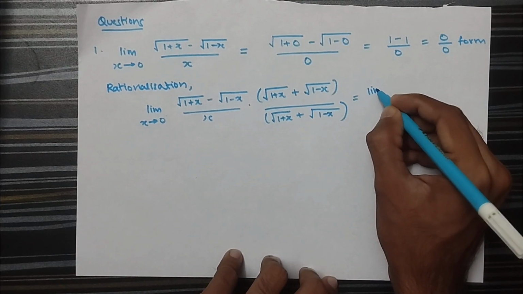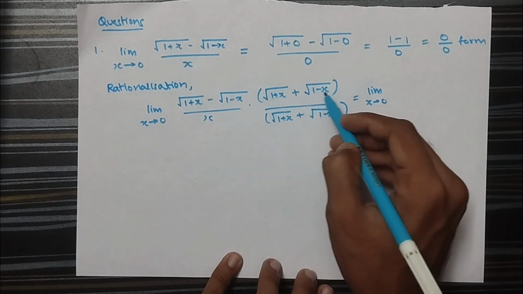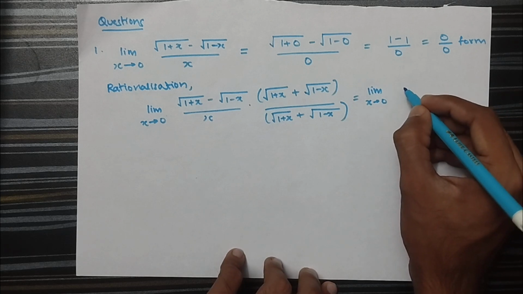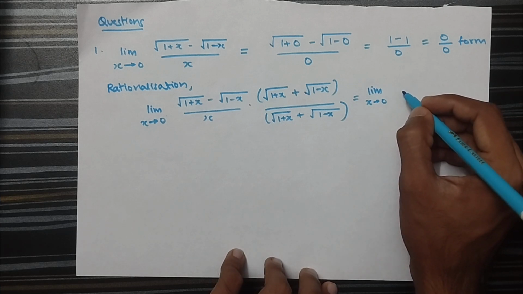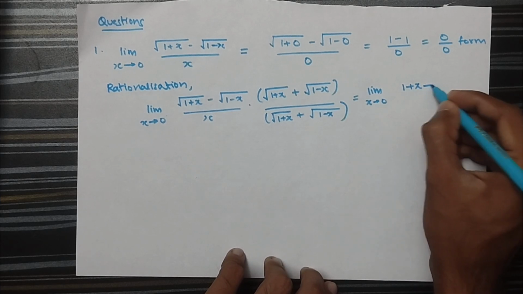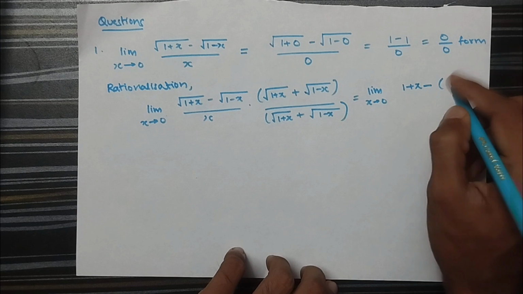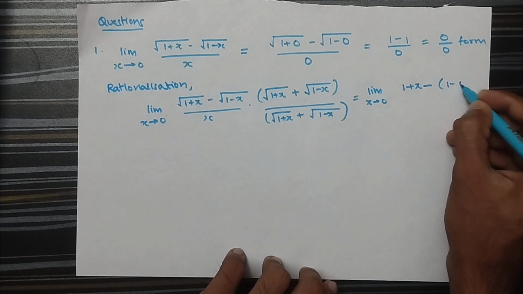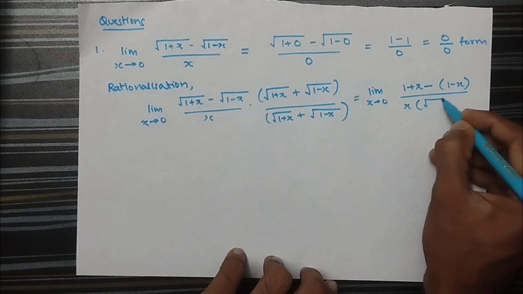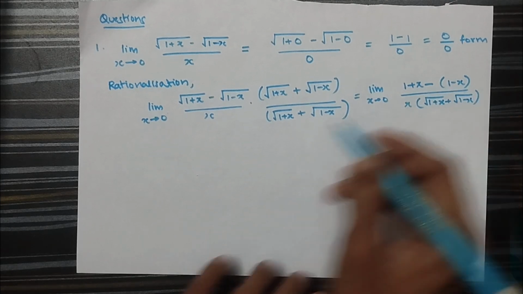solving this we get limit x tends to 0. This is a minus b into a plus b, and a minus b into a plus b is a square minus b square. So we get root of 1 plus x whole square. Root and square will get cancelled. So 1 plus x minus, don't forget the bracket, root of 1 minus x whole square. Root and square will get cancelled. So 1 minus x, divided by x times root of 1 plus x plus root of 1 minus x,